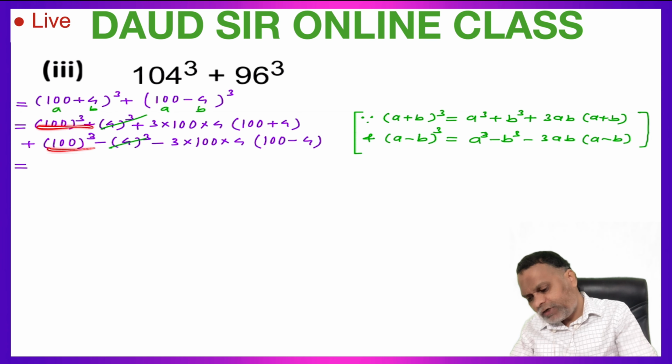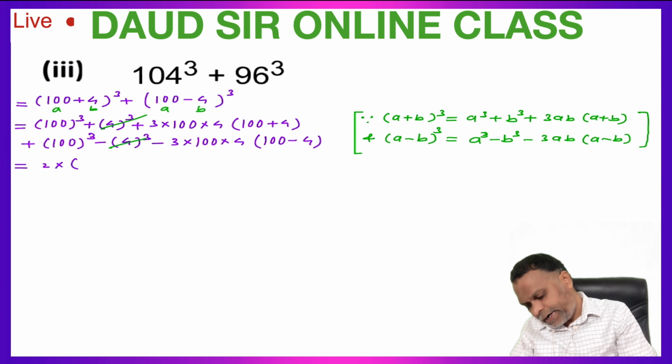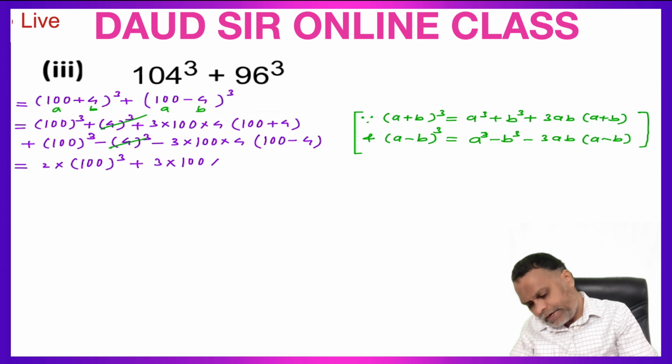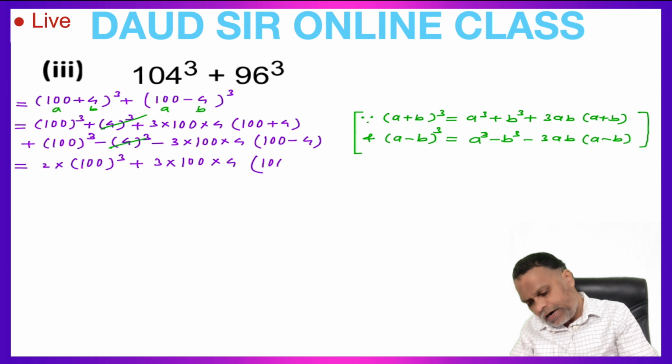This 100 cube coming 2 times, so 2 into 100 cube, and take out common 3 into 100 into 4, so plus 3 into 100 into 4 common, here 100 plus 4 left, here 100 minus 4 left, multiply by minus sign, minus 100 minus minus plus 4,